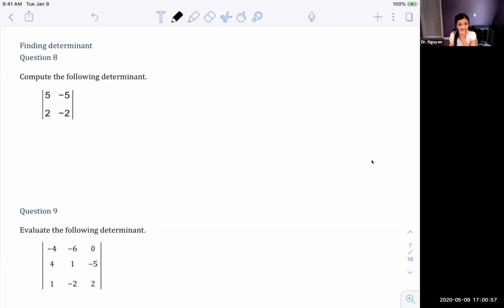So to find the determinant of a 2 by 2, let me just write down the general matrix. So a 2 by 2 is A11, A12, A21, and A22. The first number is for row, the second number is for column. Every time you see just two lines, that means they want you to take the determinant. So the determinant, let's call this one A. The determinant of A is going to be